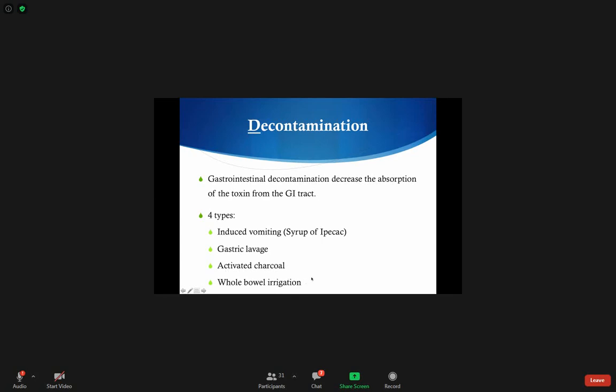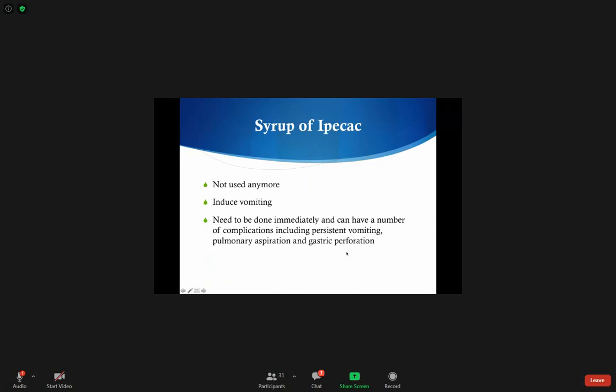And then whole bowel irrigation is when you give them polyethylene glycol by mouth until what comes in the mouth is the same as what comes from the rectum. So you clean their bowel just like they're going for endoscopy. All right, so